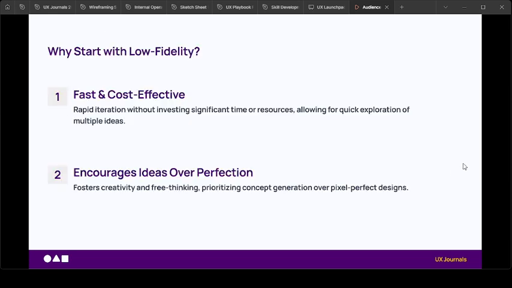So, low fidelity, why should we even start with it? First off, it saves us time and it helps us build rapid designs without investing so much time and resources in it. And it also allows for us to explore multiple ways of how the feature should be designed. Because